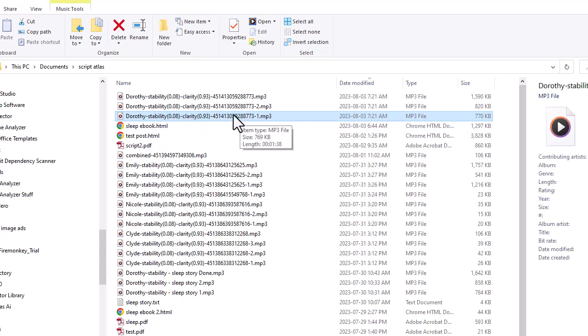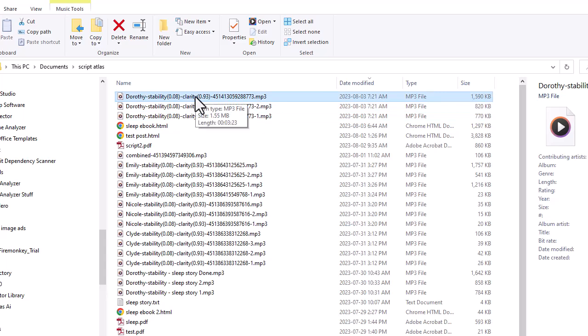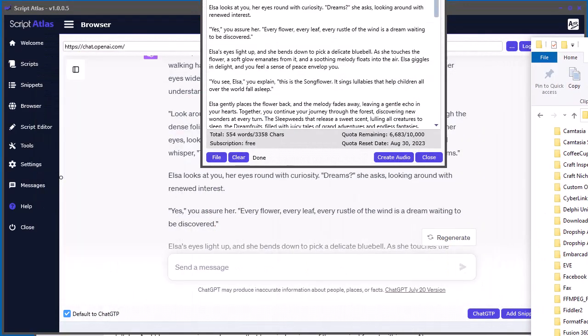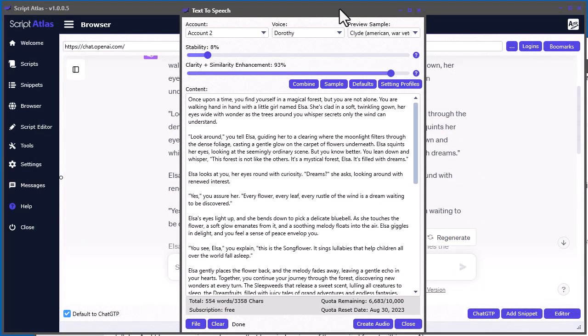And then it's just a random number here. But this is the first audio, the second audio, and then the combined audio. So if you don't want these anymore, you can just delete them. And this is the final one that you could use in wherever you want to create your story or whatever marketing you're doing. But definitely play around with this, try the different voices,